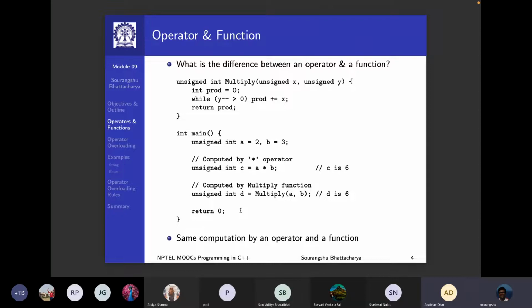But not just that, you will remember that sizeof is also an operator. So it doesn't have to be a symbol. There can be words which are operators. Operators are defined as keywords in the language, and keywords, as you know, you cannot use as names. So now the question is,